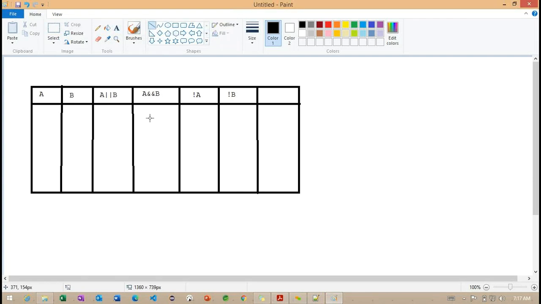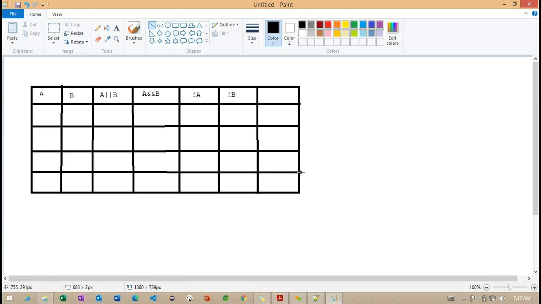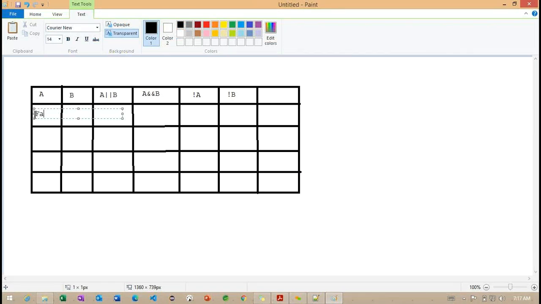Inside this, we are going to write four types of expressions: first one, second one, third and fourth. If I write the A value here, I'm defining it as false.